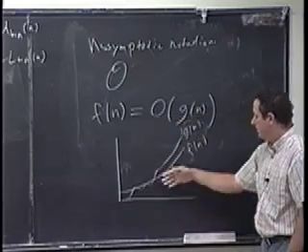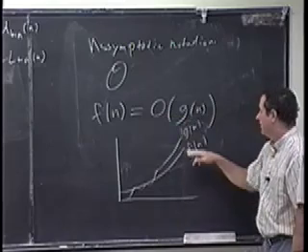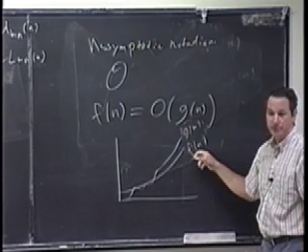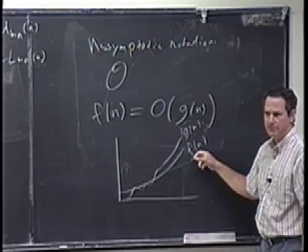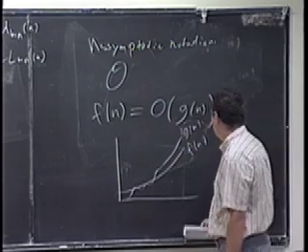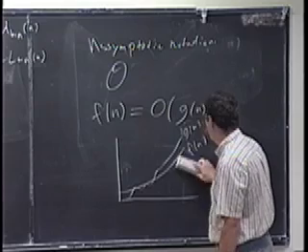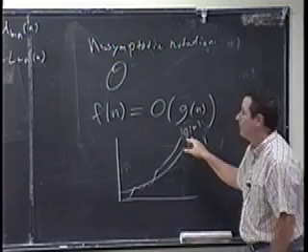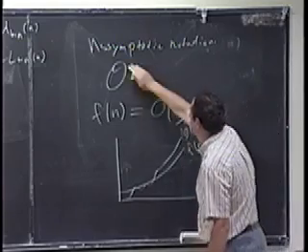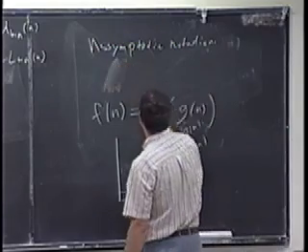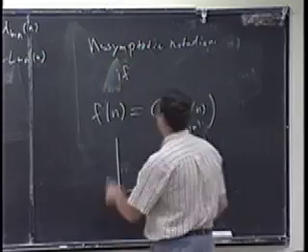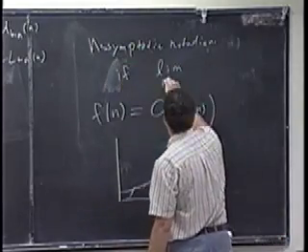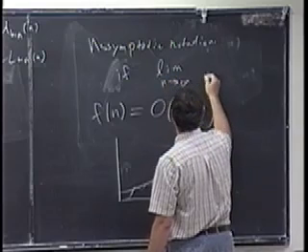It means that eventually and roughly, g tends to grow as quickly as f does, or more. So that f is bounded eventually by g of n. And let me just write that a little more precisely. I can say f of n is big O of g of n if, in the limit, as n goes to infinity,